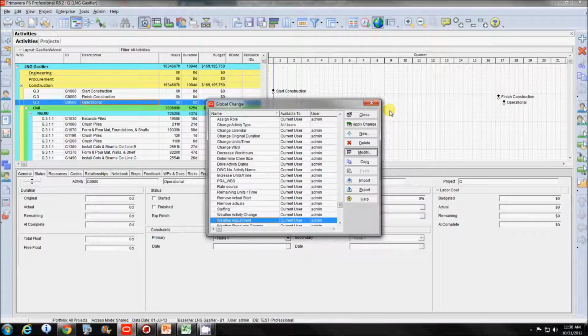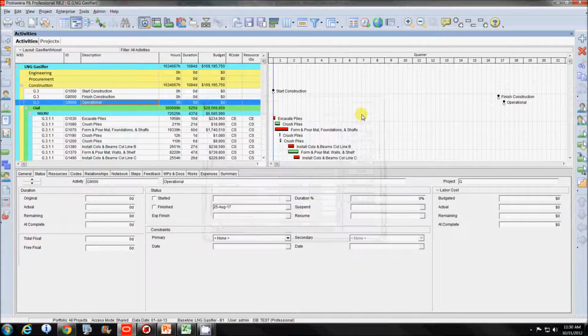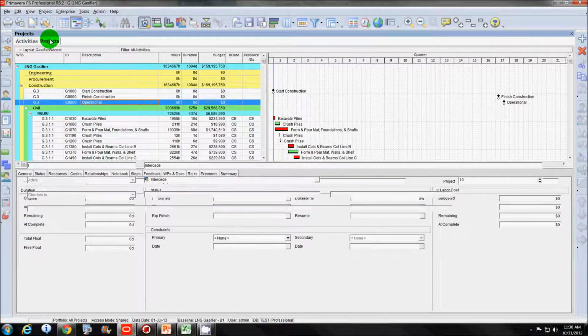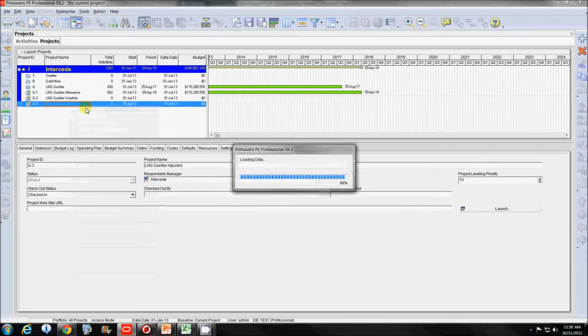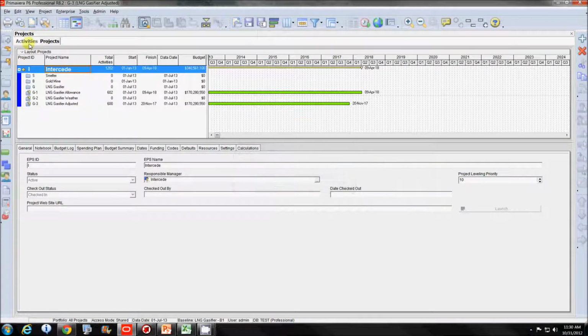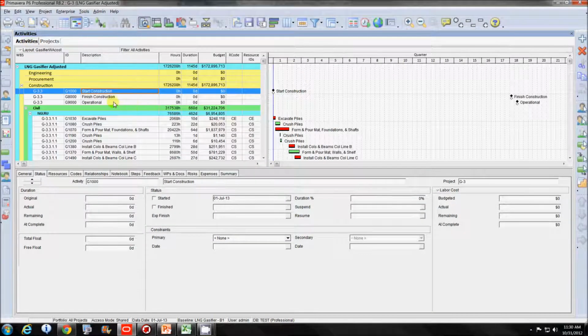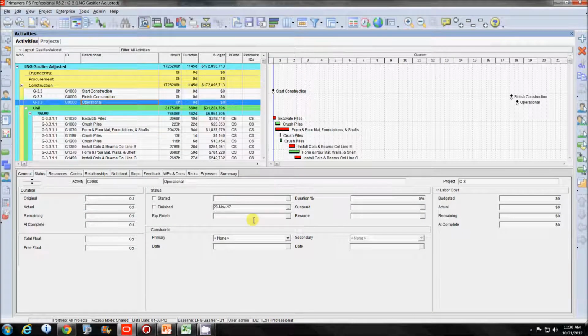What we do is just apply that to all of the associated activities, and we have already done that. We now have a 20 November 17 date. So we're essentially done here. All we need to do now is make an export of an XER file and then bring that into PertMaster.